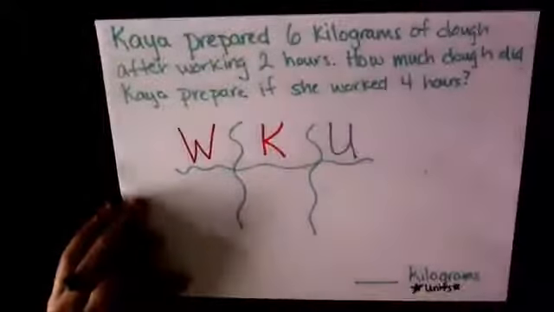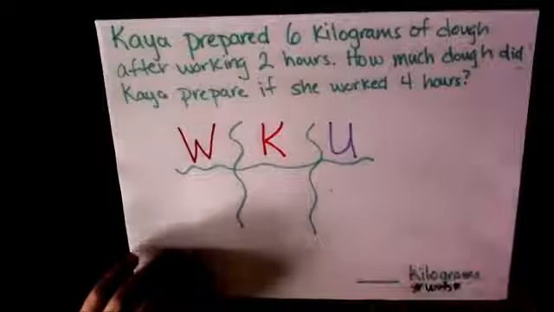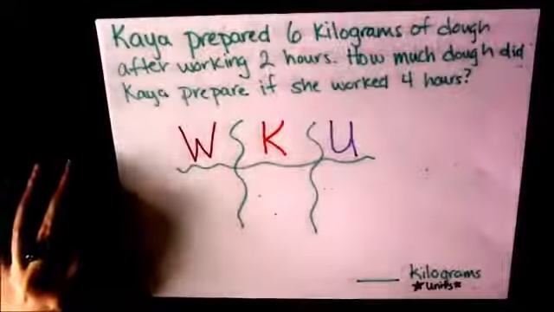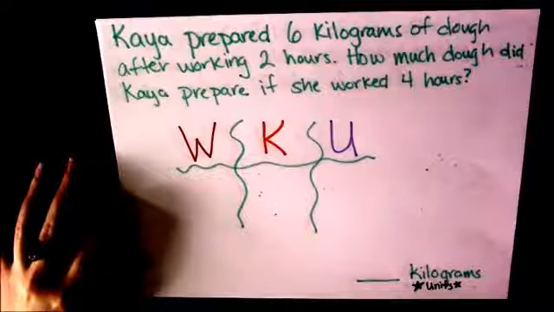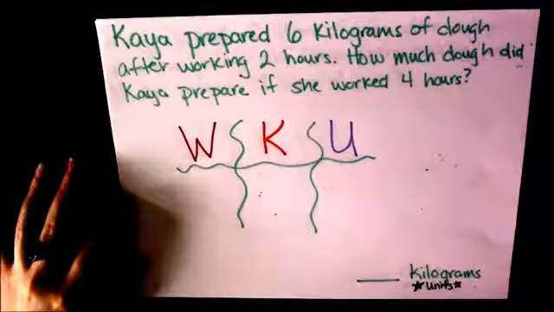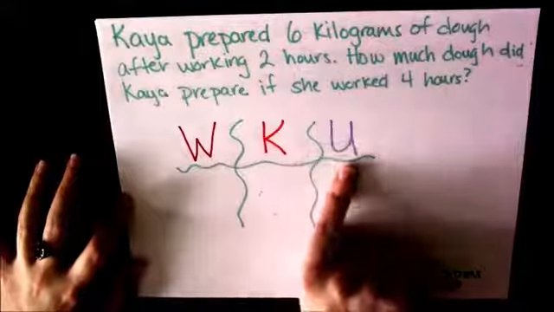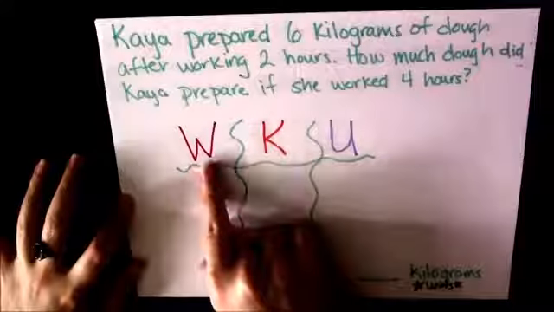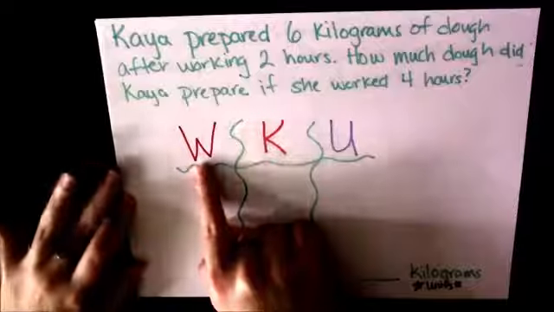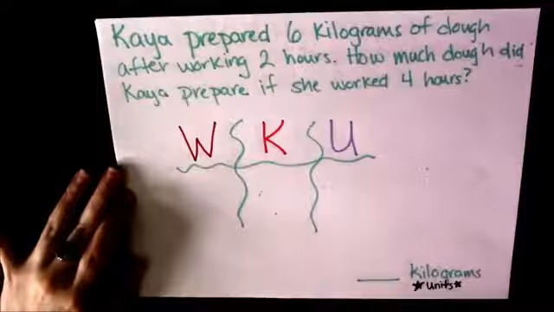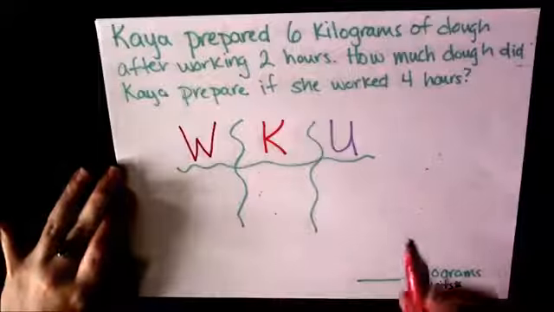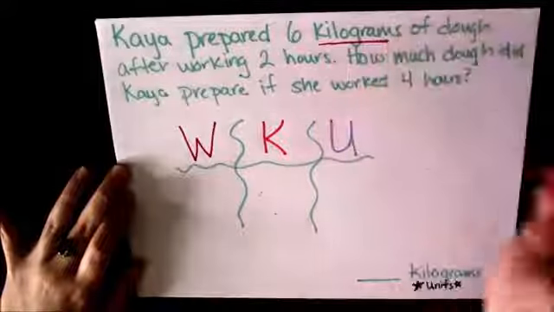Okay, next problem. Kaya prepared 6 kilograms of dough after working 2 hours. How much dough did Kaya prepare if she worked 4 hours? So again, we have our WAKU chart, and we go through, and the first one is W. W stands for the words. What am I comparing? So look at my first sentence, and I see that Kaya prepared 6 kilograms of dough